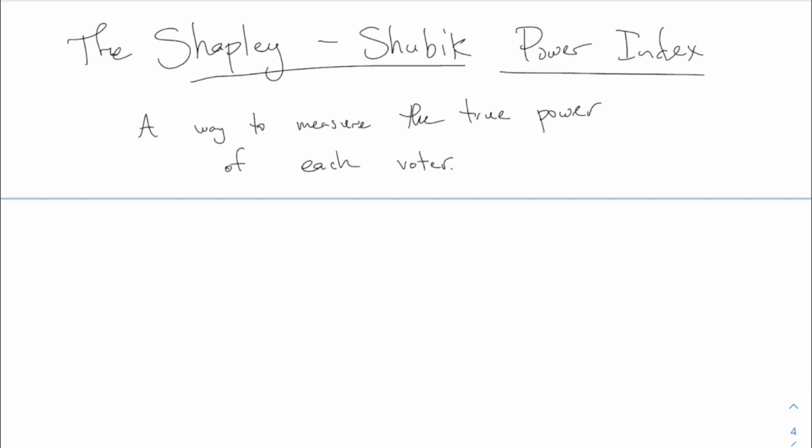So we have to think a little bit abstractly about how you tell who is powerful in one of these weighted voting systems. The measure of power that's used for the Shapley-Shubik, it's a little different for the other one, but for the Shapley-Shubik, the way that we're going to measure power is who can,